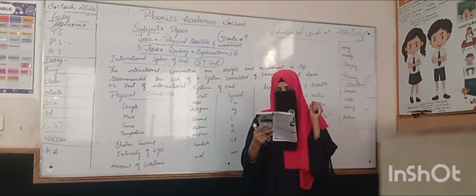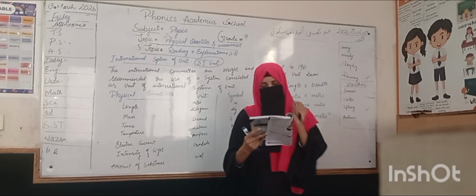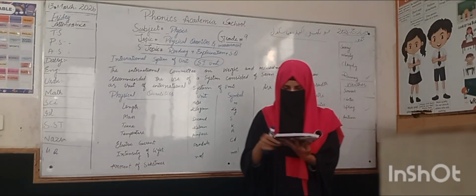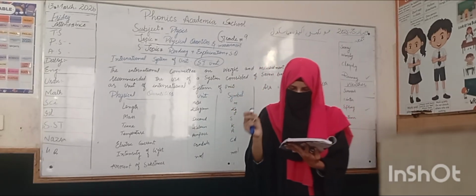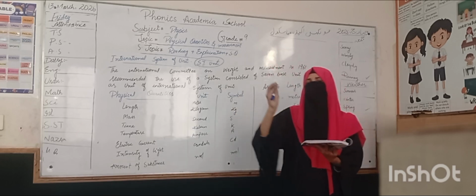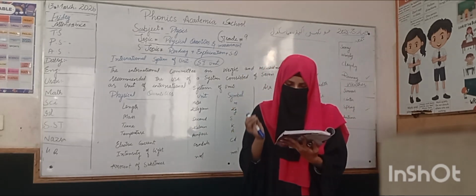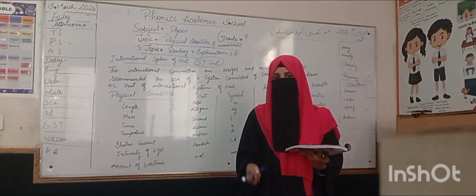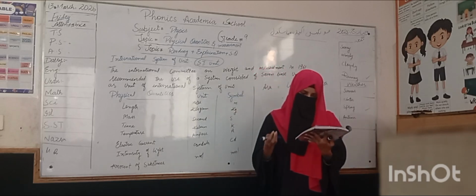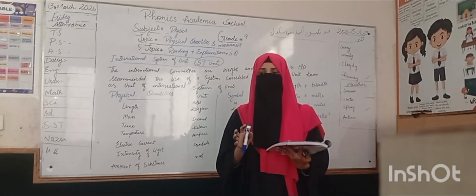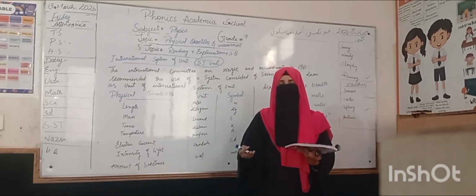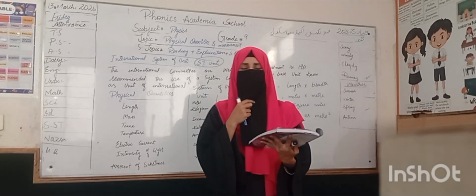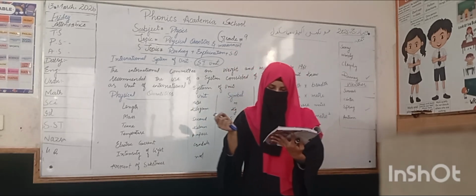So today look at Table 1.3: physical quantities, unit and symbol. Area is in square meter, and the symbol is meter square. Volume is cubic meter, meter to the power of 3. Speed is in meter per second, which is the distance we cover in 1 second. Force is in Newton: how much force we push on a thing, how much force we spend to do our work. The unit is Newton and the symbol is N.